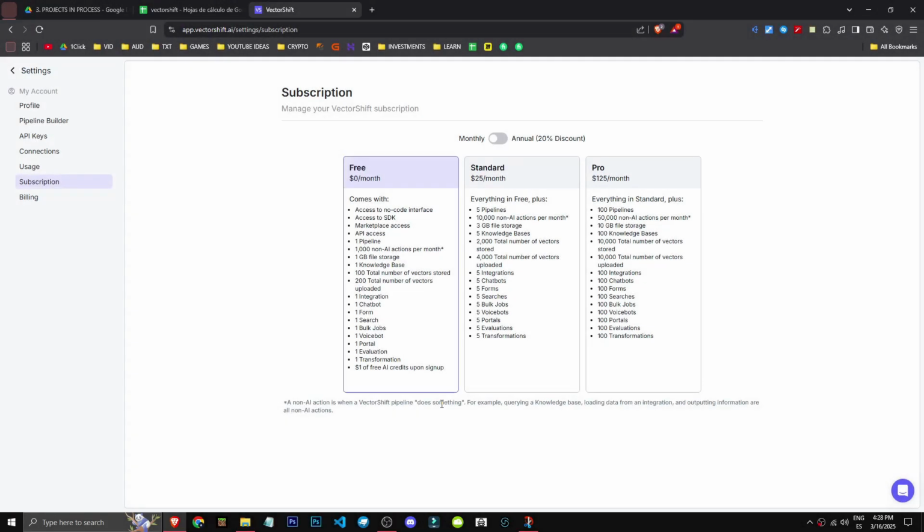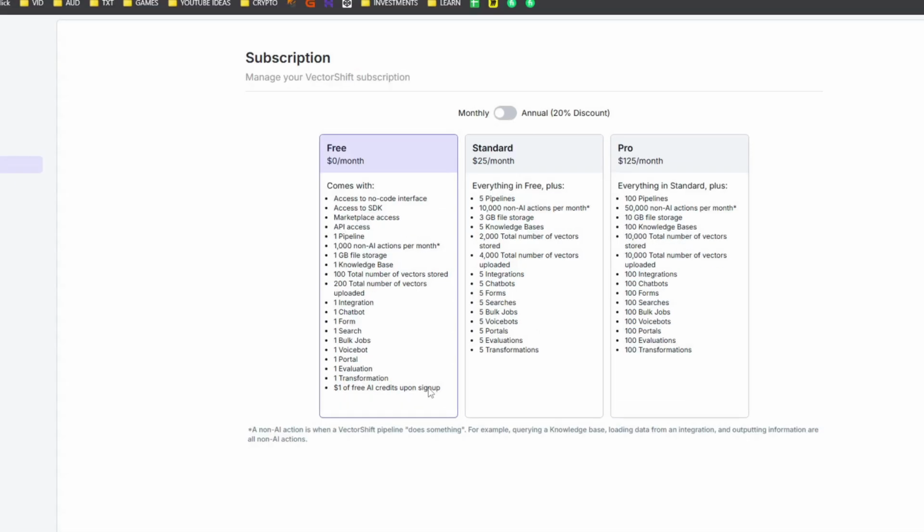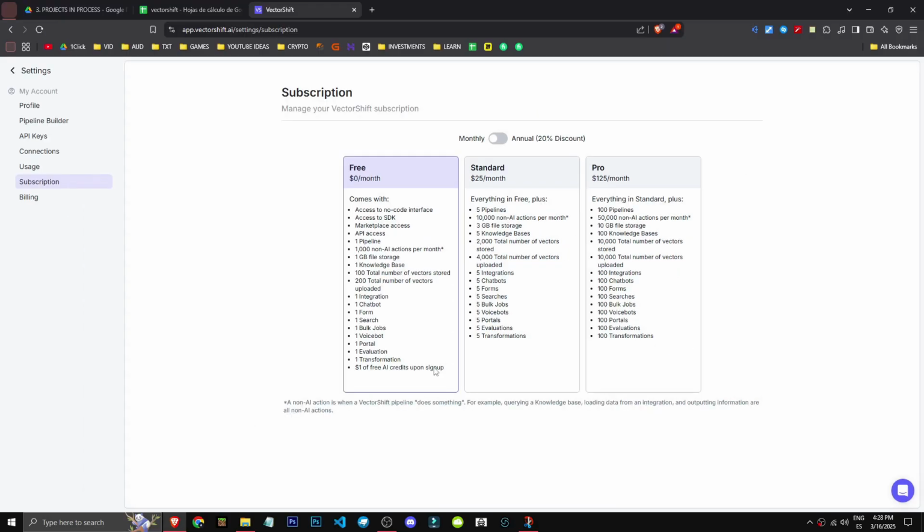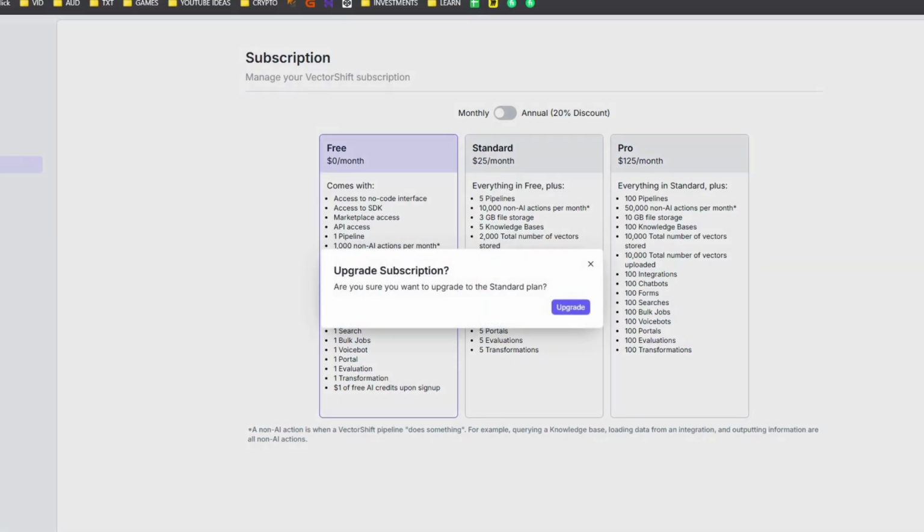Right, let's talk about VectorShift's pricing plans and subscriptions, shall we? Just to give you an idea of the cost. As you can see, the free plan already includes a ton of features, like a chatbot and a work project, plus $1 in free AI credits, which is pretty nice. Then there's the standard plan at $25 a month, which includes everything in the free plan, plus